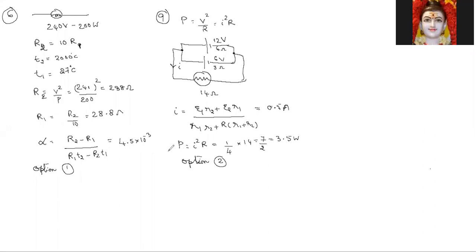Okay, this is also a key mistake. The sixth one also a key mistake, I think. Yes sir, the ninth one is a key mistake. And the 10th one? Sir, we can do it with V square by R also. Which one? The ninth one. You can use it, but then you have to find the other values again.